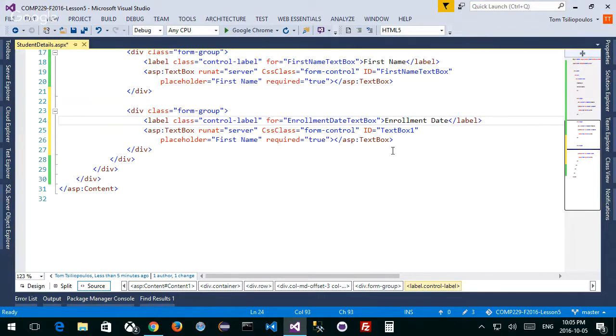Okay. Now, it's still going to be a type of text box. I need a different kind of ID though, okay? Right now, these text boxes are regular inputs, right? And this can't be this. It's got to be enrollment date. So copy, paste. There we go. And this is going to be enrollment date here. This is all required, right? So enrollment date. Okay, good.